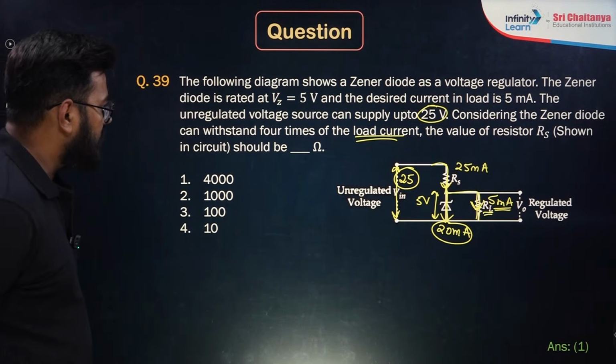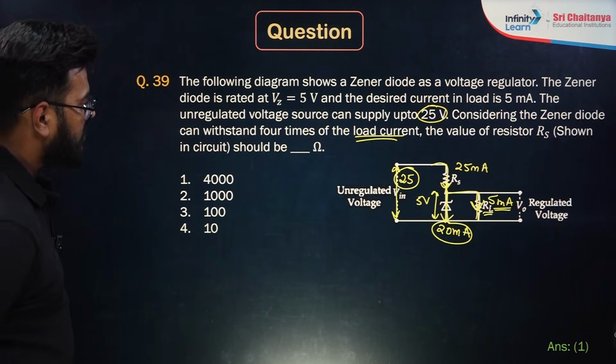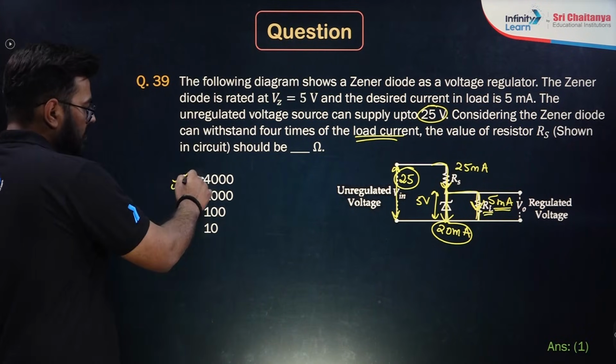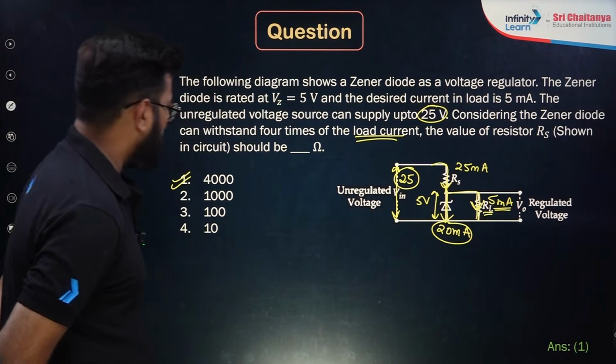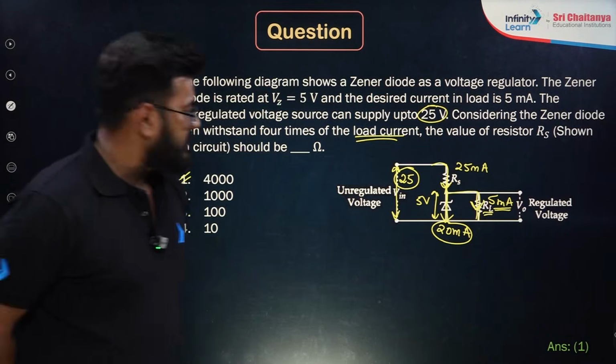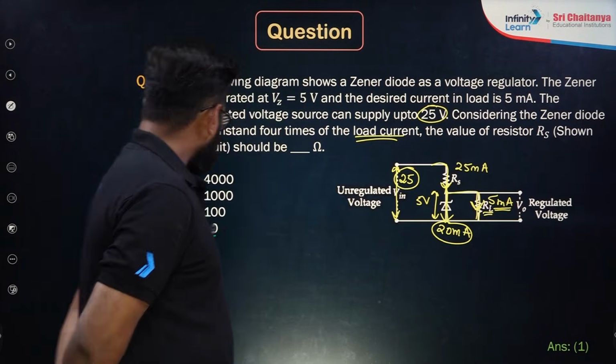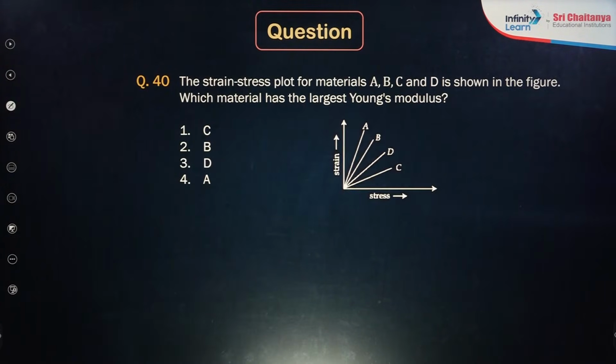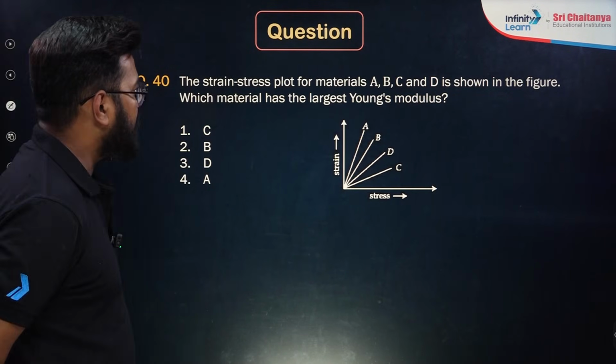The potential difference is clear and the other portion is also clear, right? So option number 1 will match the scenario. Clear? I hope this is making sense. Now, talking about the next thing over here, the stress strain plot for material A, B, C and D is